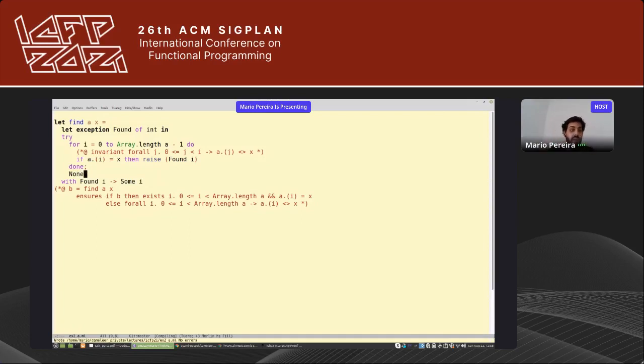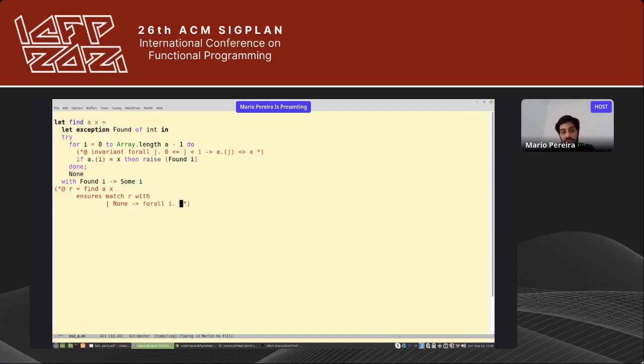Now it comes with no surprise that I need to change my specification because my B is not a Boolean anymore. So let me change it to a different name. Now what I need to do is a sort of case analysis on top of my result. So I can do a match inside Gospel terms, which is very nice. So if it's None,